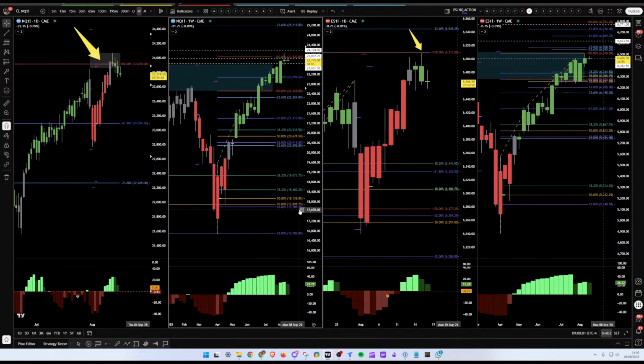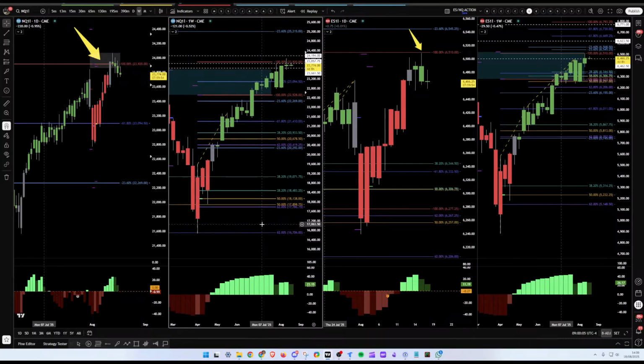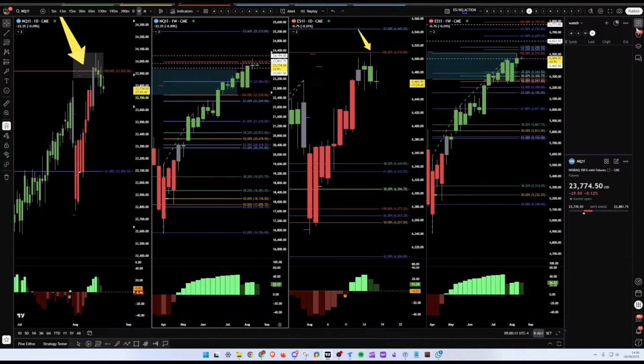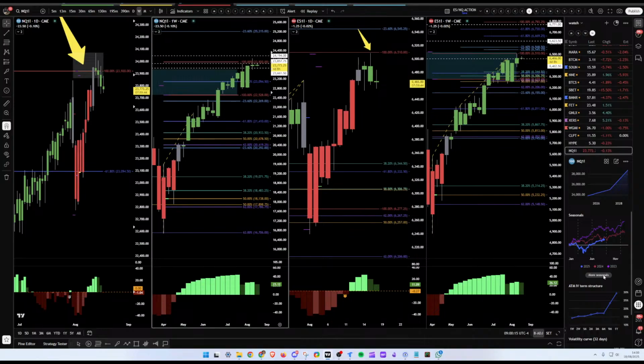So we are in clear extensions, and we have completed so many now, it makes sense to probably take a little bit of a breather. And of course it lines up with the seasonality, which you can now see nicely on TradingView. I think it only shows you 5 years' worth of data. I use equity clocks for 13 and 20 years' worth of data, but cut a long story short, I did put a message in the Discord in terms of the seasonality on average where we are.